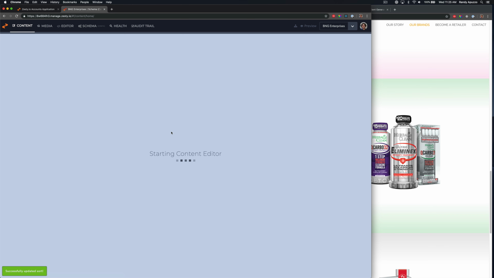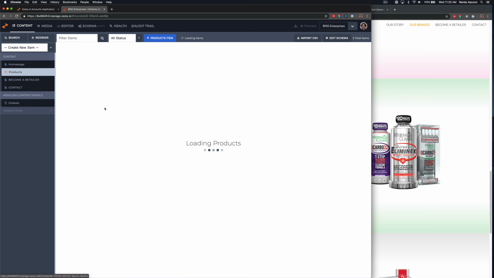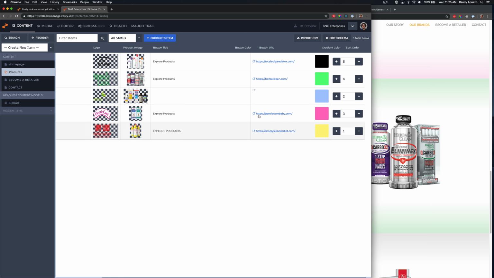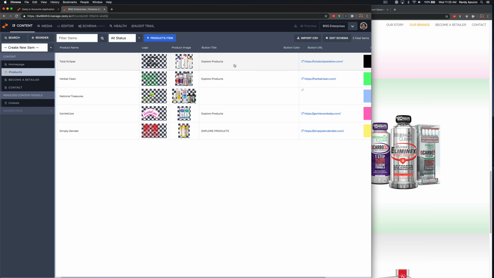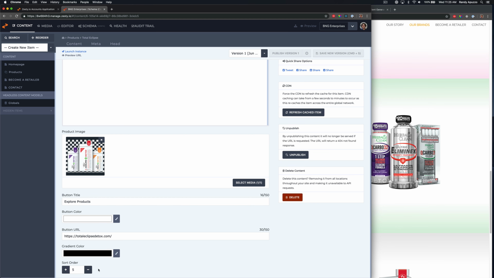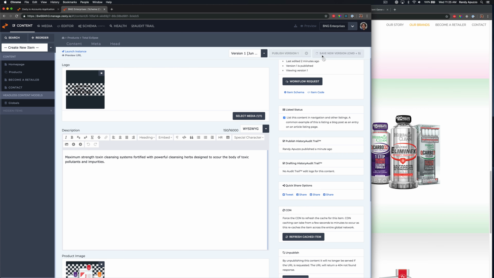We're going to jump into content. And we're going to edit our products. So what's cool about Zesty is you can see the button color here. We're going to jump in total eclipse. So total eclipse had like this gray gradient, so we'll leave gradient to be that and just make it like gray. And the button color was actually like a very deep red. So save, publish, products,